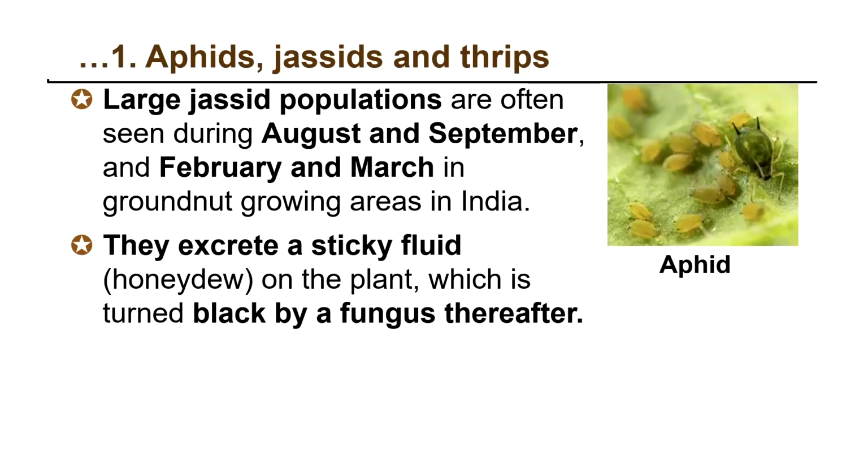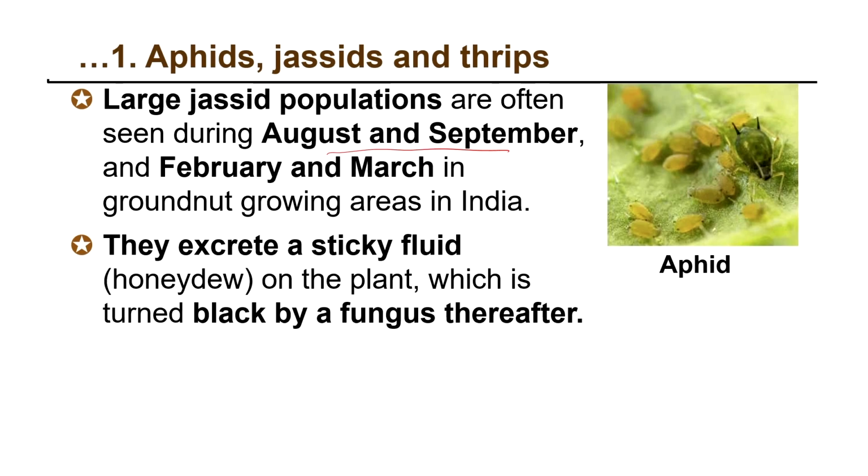So if your sap is sucked by them, a lot of minerals, nutrients and proteinous matter are extracted or absorbed by these insects and plants become weaker. Large jassid populations are often seen during August and September and February and March in groundnut growing areas in India. What these jassids do is excrete a sticky fluid, that is honeydew, on the plant which is turned black